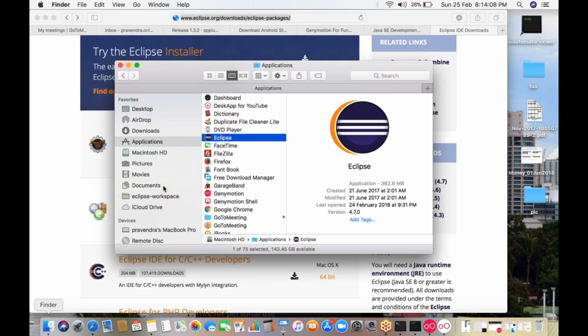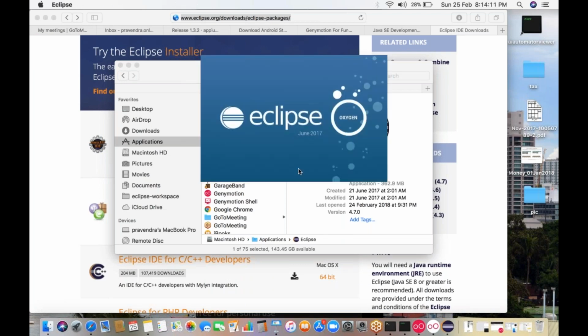And once you download Eclipse and launch it,